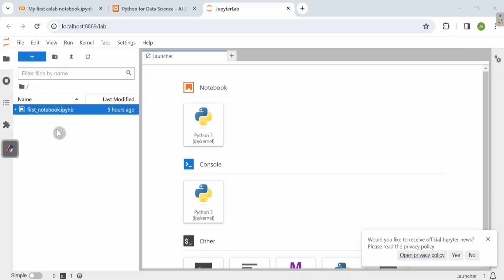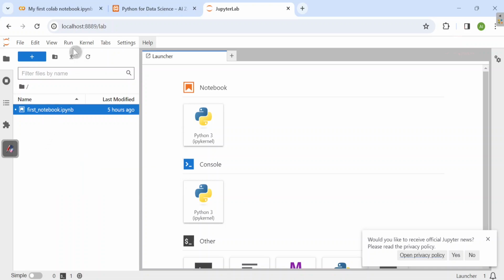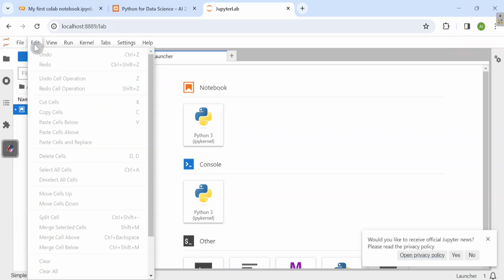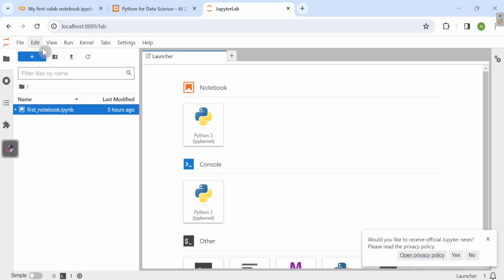You can even create or paste a new file, create a notebook, or create a folder. This is another way to create a folder. You can upload, you can refresh the browser, and this is the menu. In the file section you will see all the options. In the edit section you will see